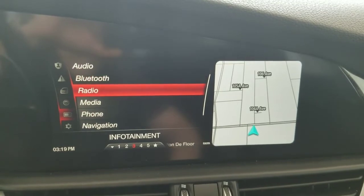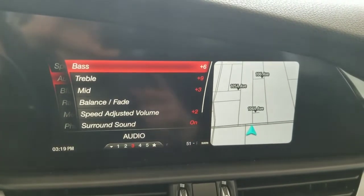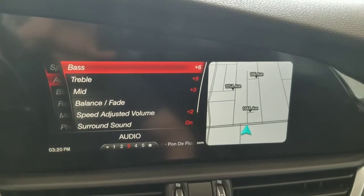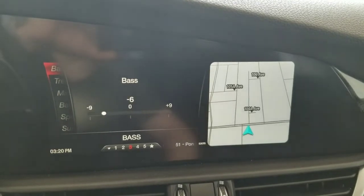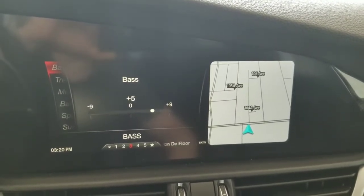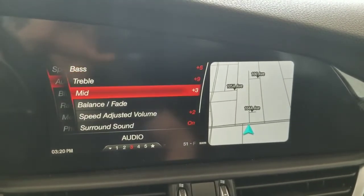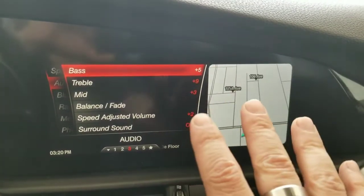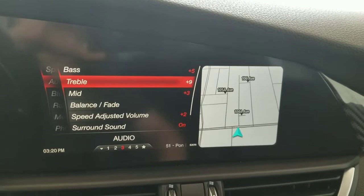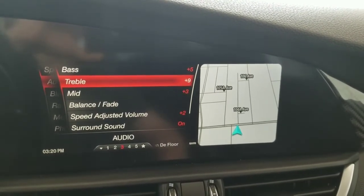I'm just scrolling around, playing around here. The audio is there too. The audio is actually where you're going to find the controls for what we want. If I went through the different bass settings and scrolled all the way down, it would be the same controls regardless of whether I had an actual sub or no tweeters and this and that. It doesn't make any difference in these controls. But obviously, you're going to get a way different sound with the additional 6 speakers, the subs